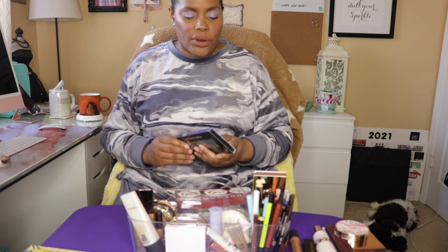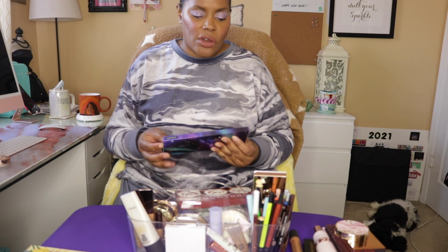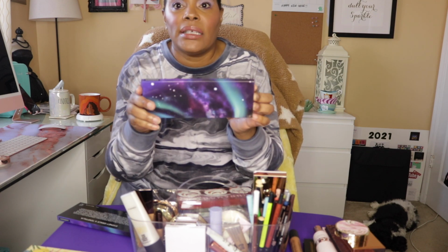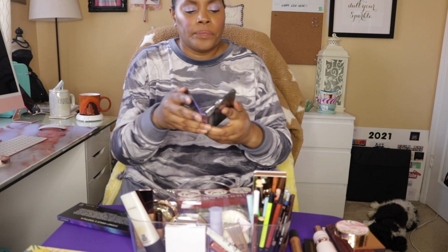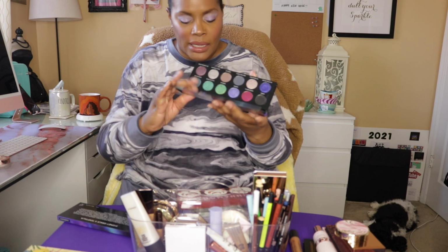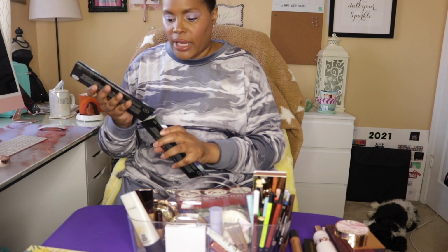From Sydney Grace. This is the Sydney Grace and Tim Talia collab. And this is the Quintessence Deep palette. And it looks like this. And the shades look like that. And then the last eyeshadow palette I pulled out